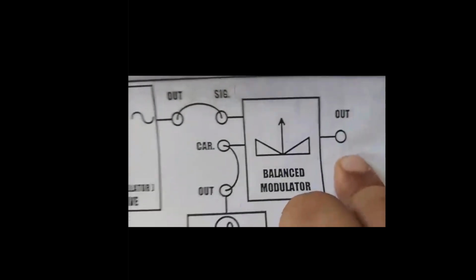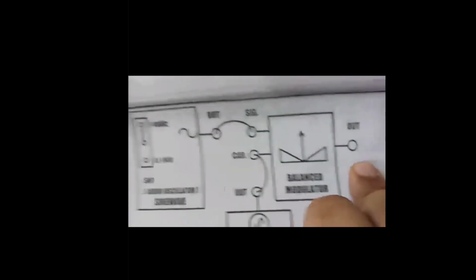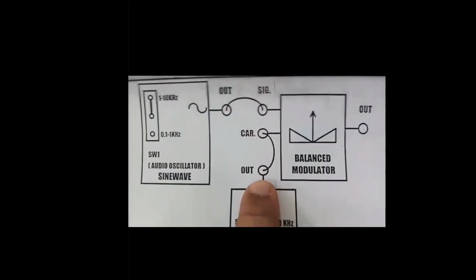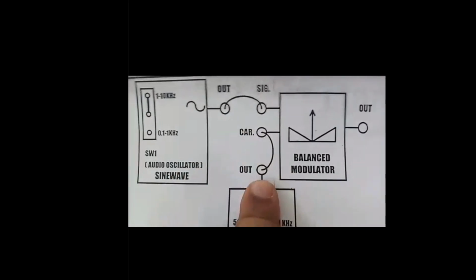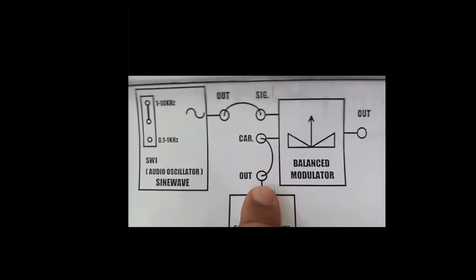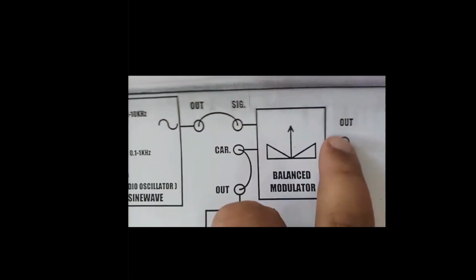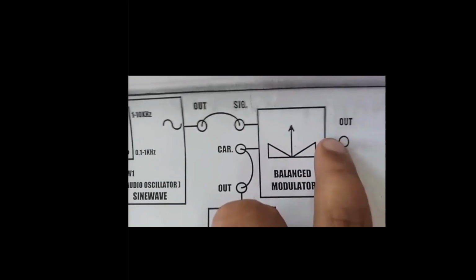So what we'll do, we'll first check the behavior of the message signal. We'll check the behavior of the carrier signal. So we know m(t), we know c(t). Accordingly, we can predict what will be the value of the amplitude modulated signal. And so we'll check here the amplitude modulated signal. This is the idea. So this is the overall diagram.